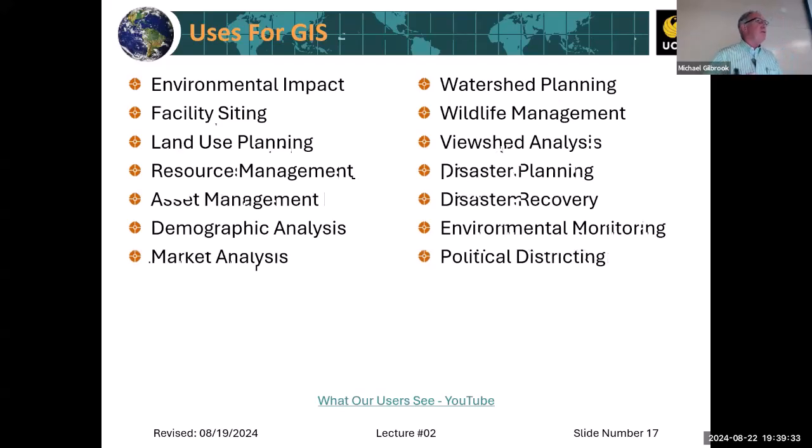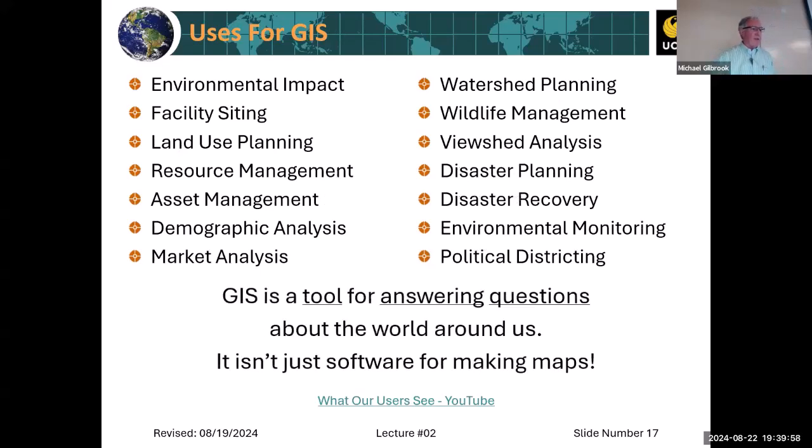In fact, you can use GIS on pretty much any endeavor where location is an issue, where things are located in space, on the planet, on the surface, under the ground. Anytime you've got a problem that involves things located somewhere in space, you can use GIS to help deal with it. And as I already said yesterday or Tuesday,